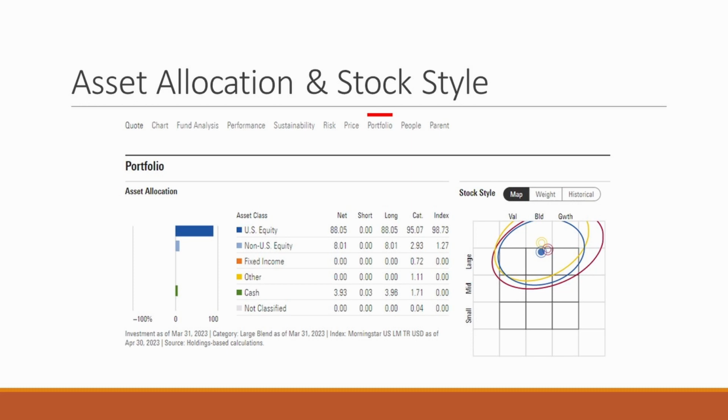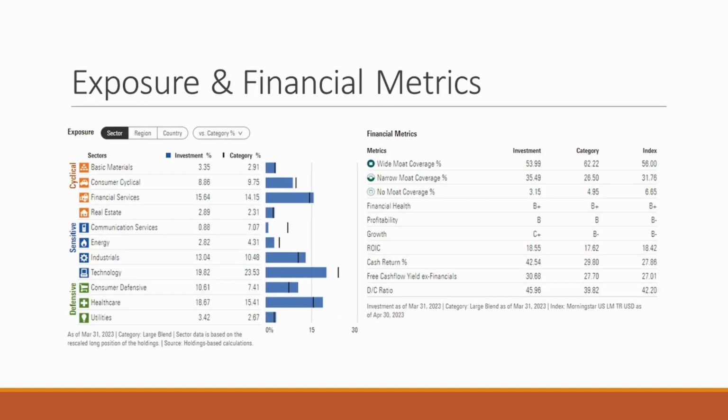And the little dot in the center pinpoints the center of all that, where this tells us that this mutual fund, even though it has a good amount of different types of investments, the core of it is in the large cap blend space. If we look at this part of the portfolio page, we see the breakdown of this